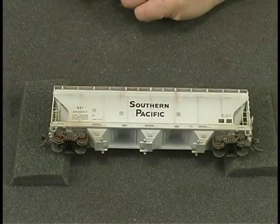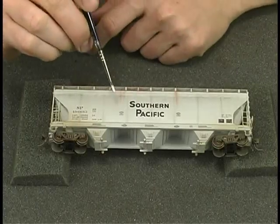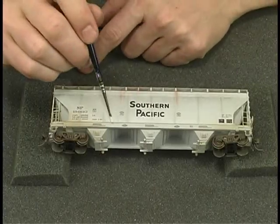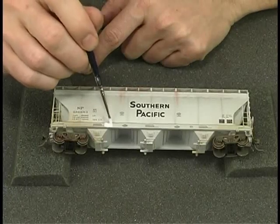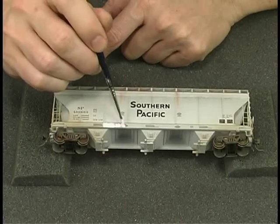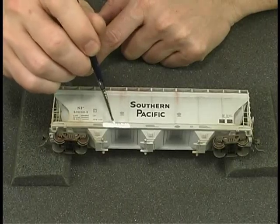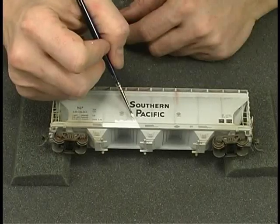After studying a lot of pictures, I've noticed there's lots of different kinds of tags. There's basically some that are open, which by that I mean it's just like somebody wrote on the car, and then there's others that are filled in with a color like the one I did on the other side. A lot of times they're based on either white or black, so I'm going to do one of each. And you don't have to have an airbrush. I'm going to do this with just a brush. I'm going to start by just painting an area where I want to put a tag